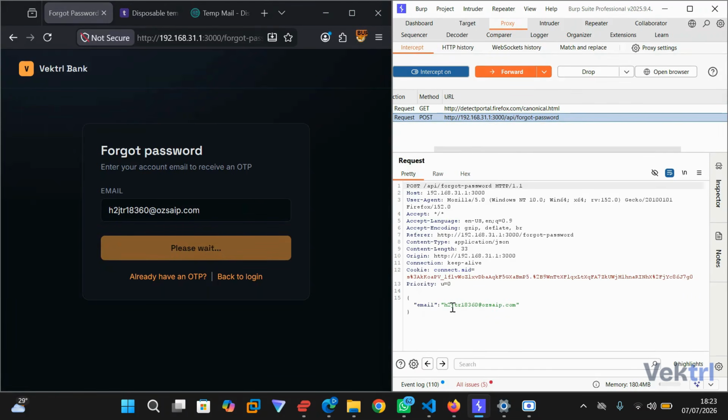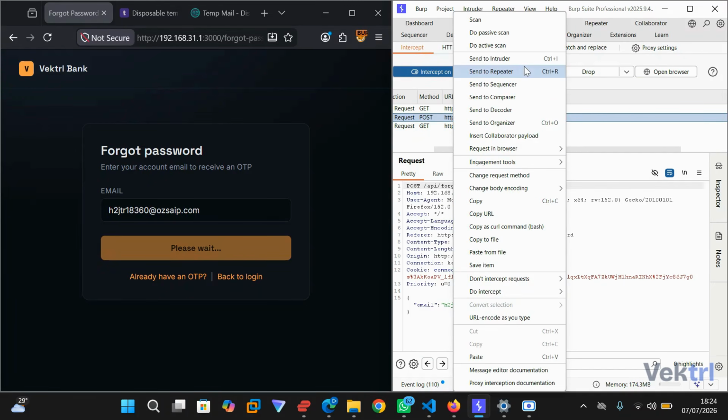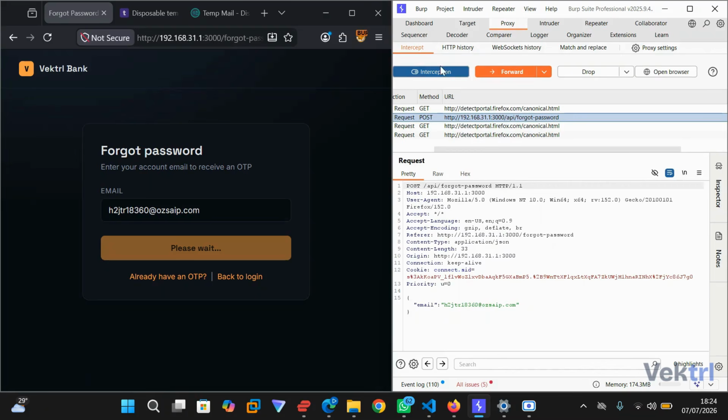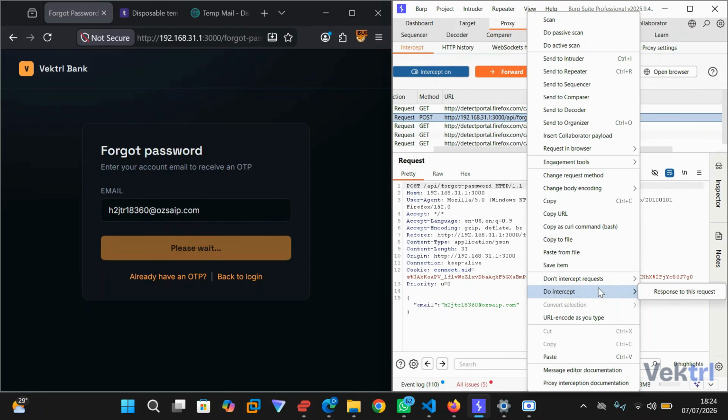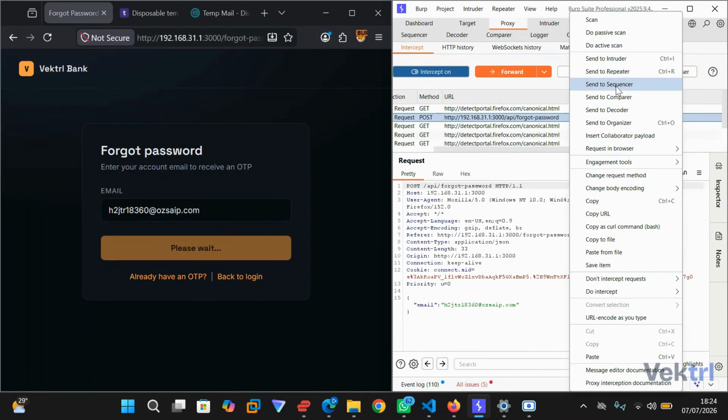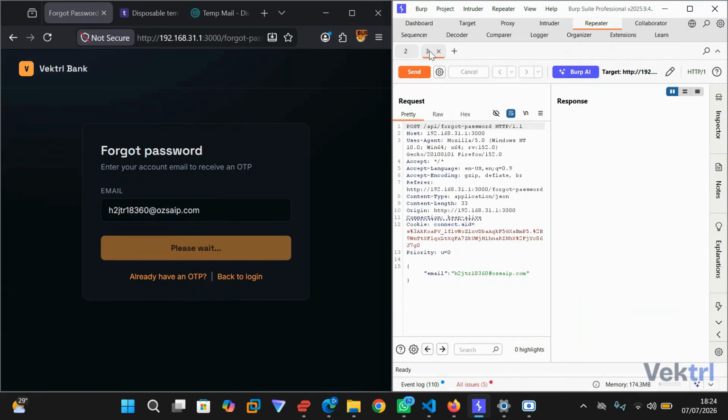Good. Now this is the OTP request. Let me show you where and how it is. So let's send it to repeater. I think first we need to intercept. So we intercept this request, then send it to the repeater. I think this is the one we are working with, right? So now all we need to do is